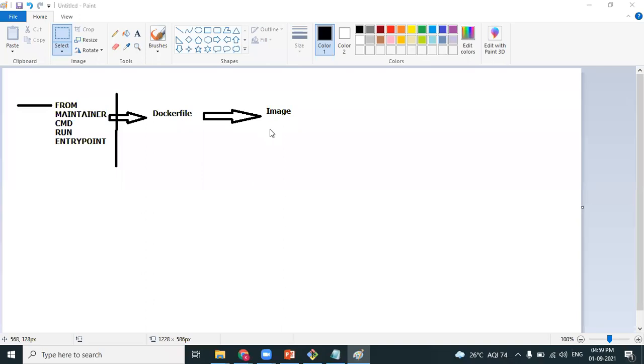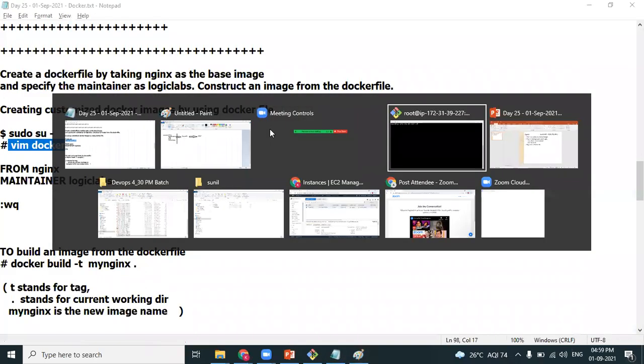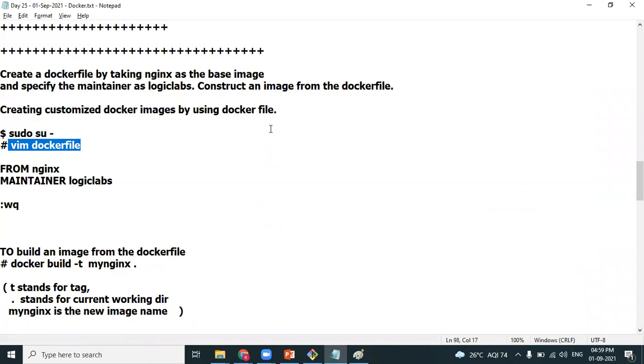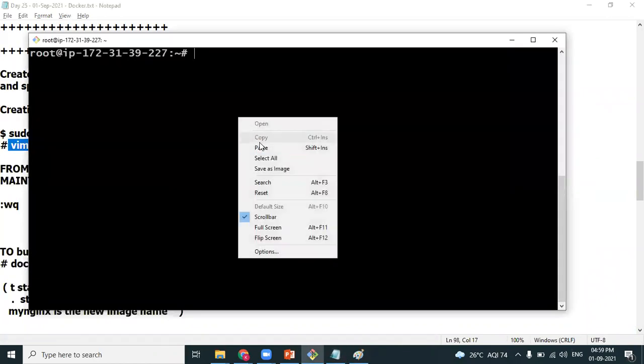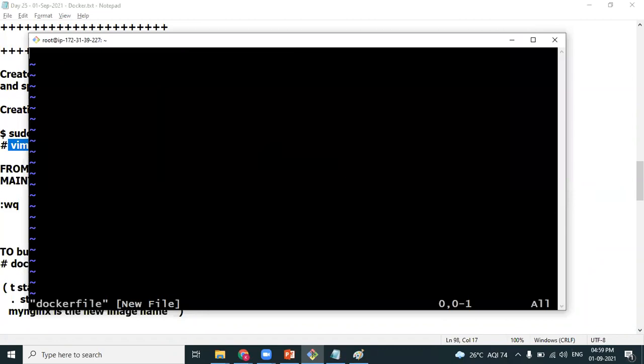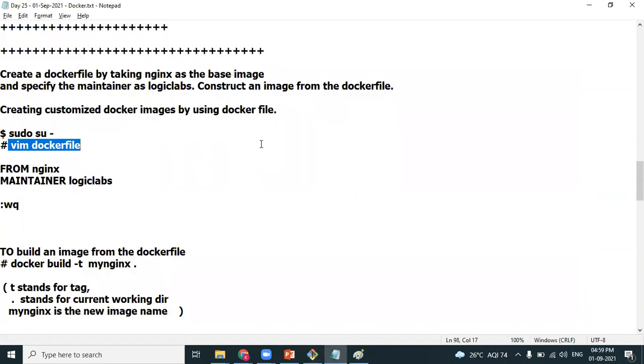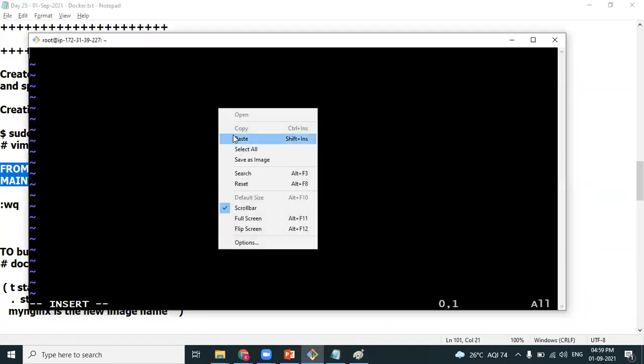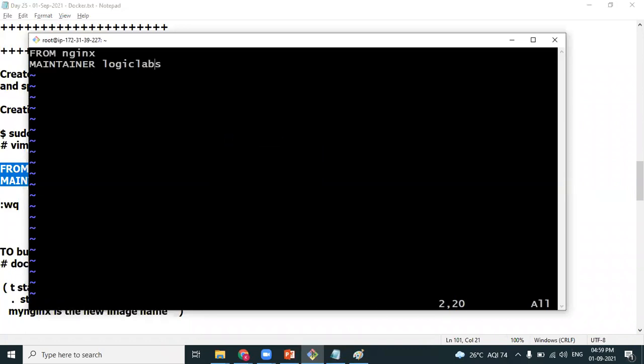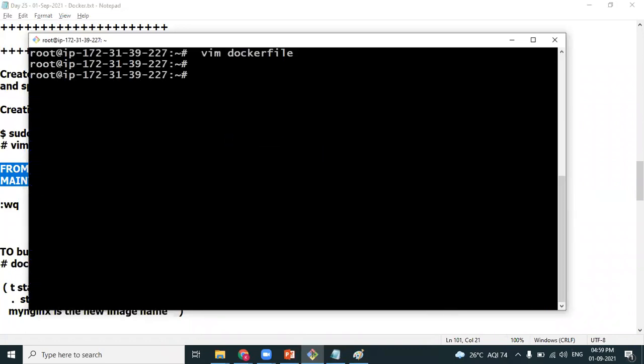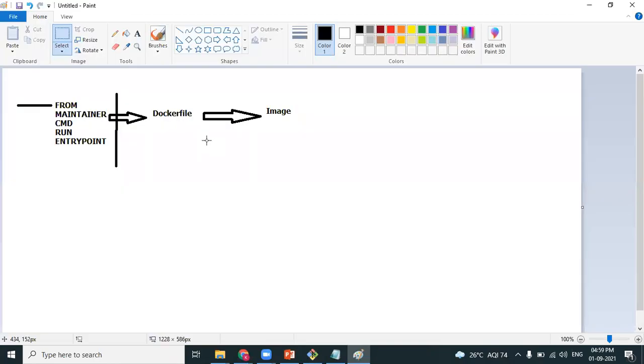So creating a file, the name of the file is Docker file, isn't it, Vasant? Yeah. And now I am opening it in the vi editor. So I go to insert mode. And then my Docker file is just about 2 keywords, from and maintainer. Escape. Is your Docker file ready? Yes. What's the name of the Docker file? Docker file. That's it. Okay. Docker file is ready. What's the next step, Vasant? You have to create an image from the Docker file.